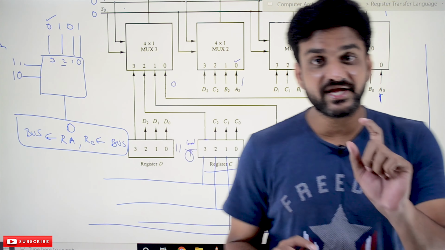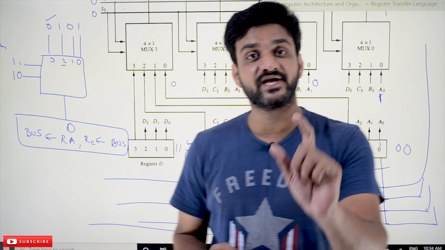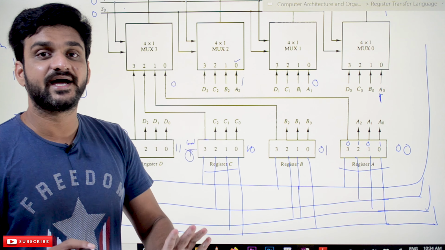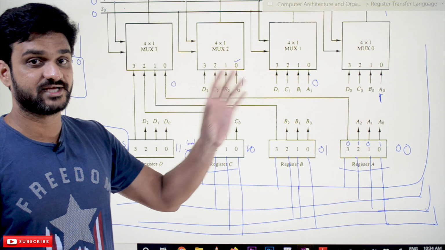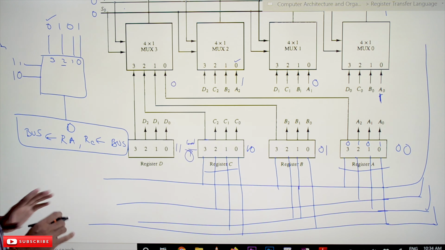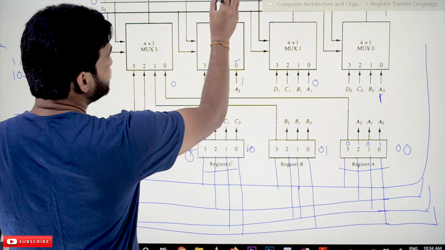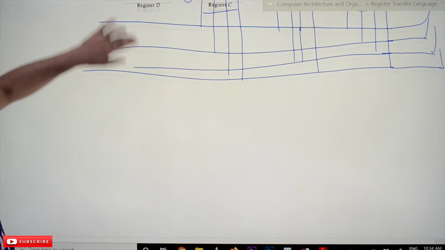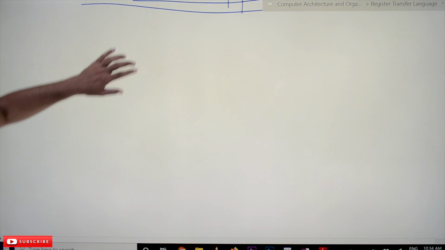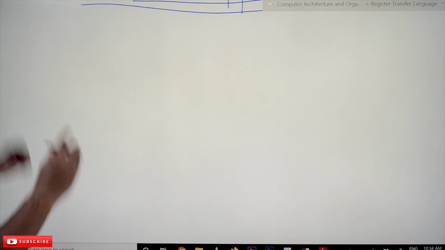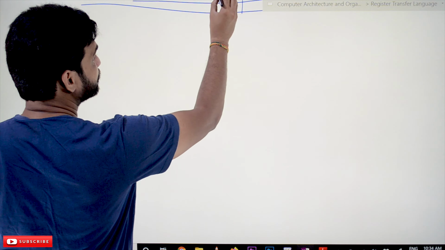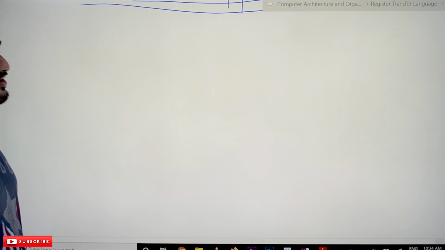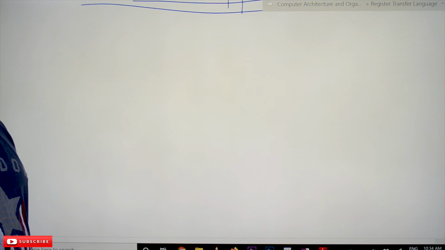So it is very important to understand. So this point is very important to understand. So till now, if you didn't get the idea, please watch this video again and again. And now let's try to design another system, design a common bus system. Let's try to analyze this more. What is the logic behind the construction of the common bus? We'll try to analyze it in a very clear way.